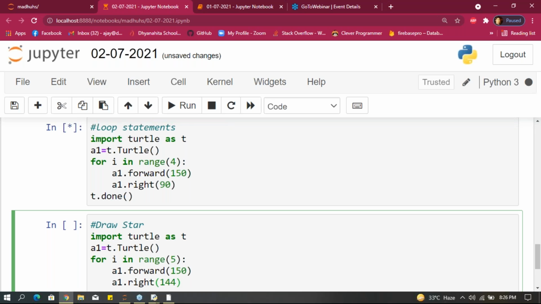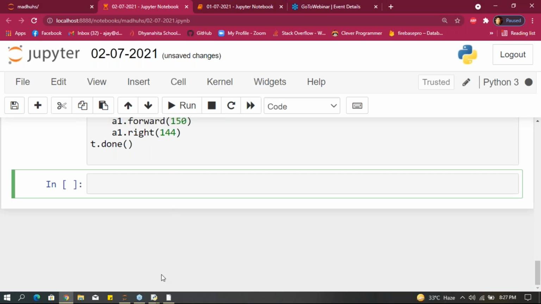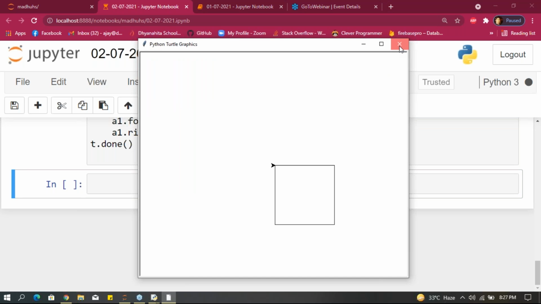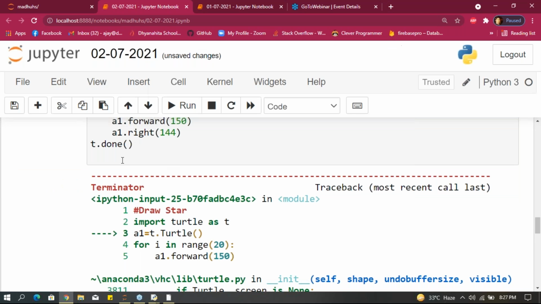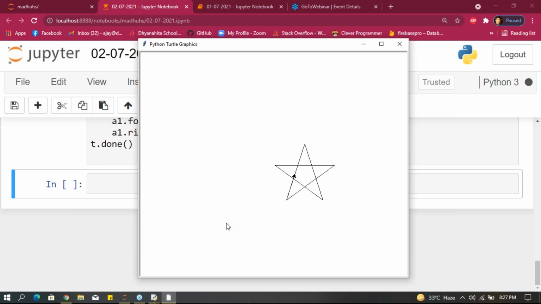Give 144 and t dot done. For you to understand, I'm giving 20. After that, run this example. If you look here, this is how we can draw a star.